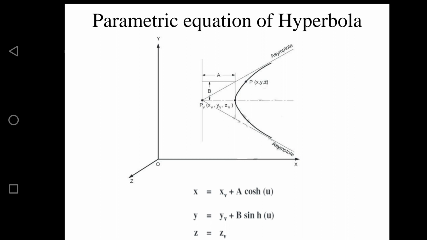So this covers the parametric equations of a line, a circle, an ellipse, a hyperbola and a parabola. This completes the analytical curves of your first part. Curves have two types, right? Analytical curves and synthetic curves. In analytical curves, we completed this one. The only part left in your first part is synthetic curves. In the next video lecture, I am going to start the second part of your second unit. Okay, thank you.